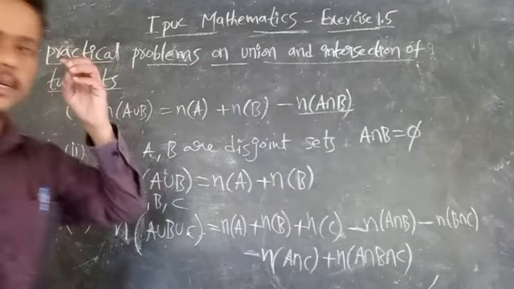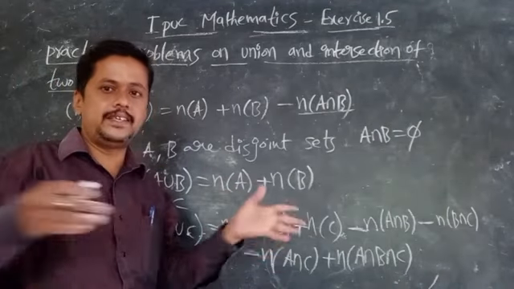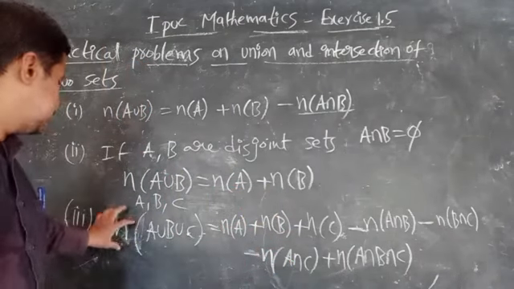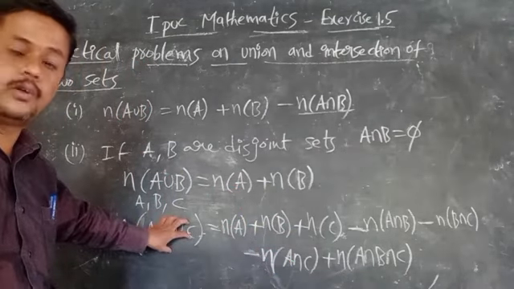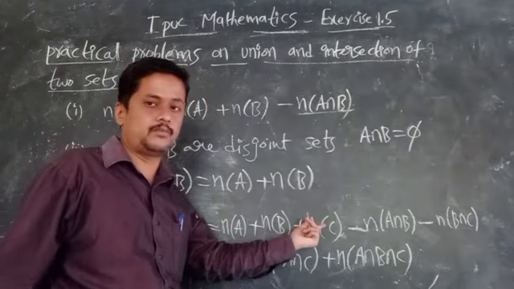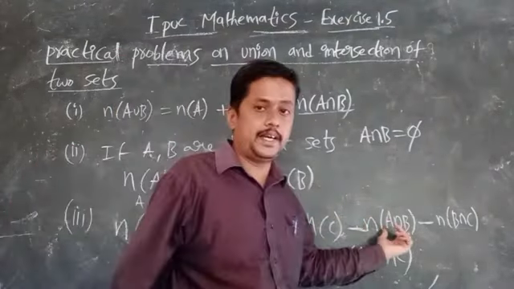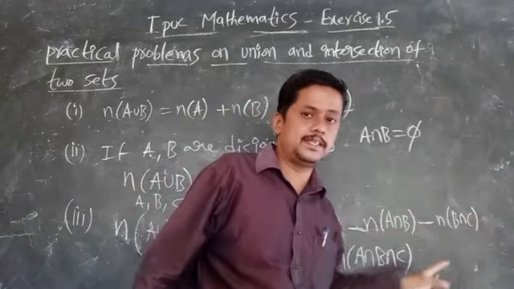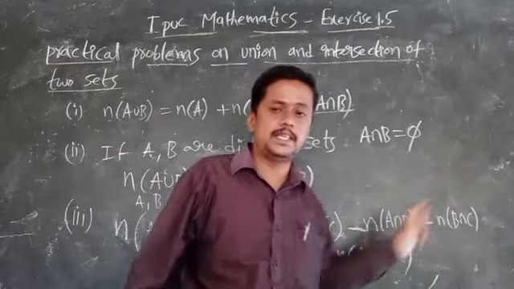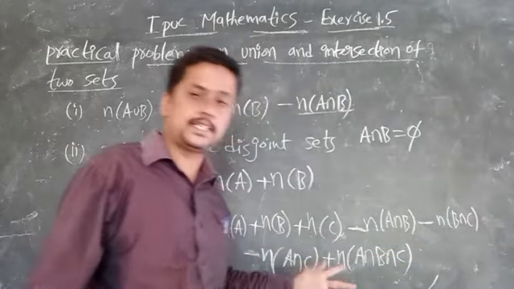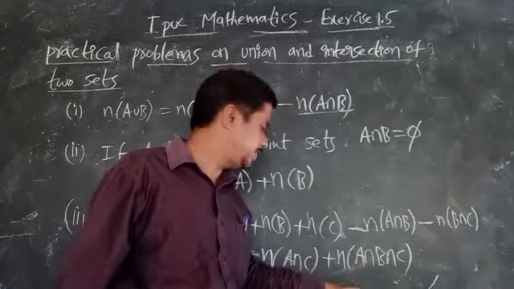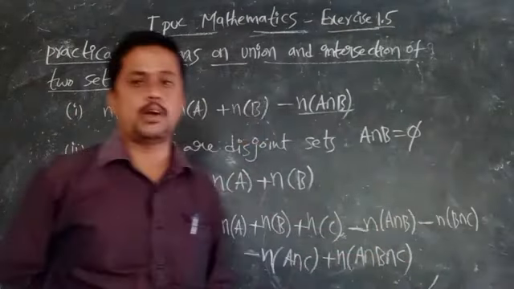Sir, how to remember this formula? Somewhat lengthy. Sir, tell me any technique for this. See, I will tell. n of A union B union C, no? So, single terms A, B, C: n of A plus n of B plus n of C. Double terms: n of A intersection B, B intersection C, C intersection A; otherwise A intersection C. Three terms: single terms, double terms, then A intersection B intersection C, only one you have to write.